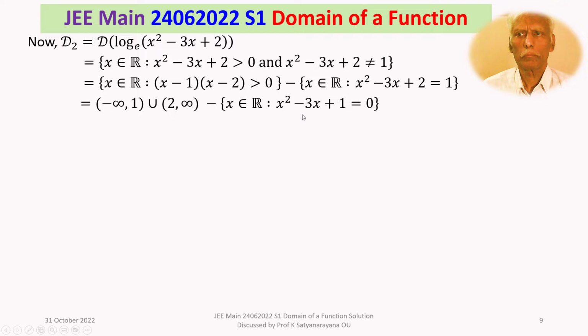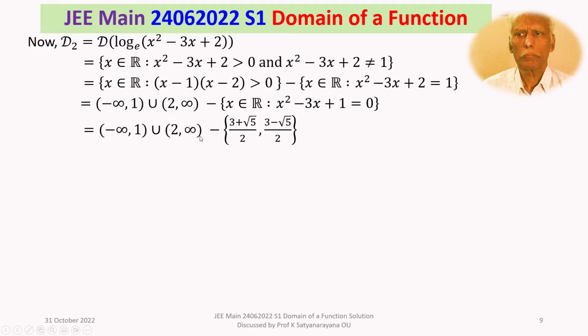It will give you two values, and those two values will be (-b ± √(b² - 4ac)) / 2a, and they will be (3 + √5)/2 and (3 - √5)/2. So these are the roots of this quadratic equation, and this is as it is. And certainly these 2 points are in here, and (3 + √5)/2 will be in